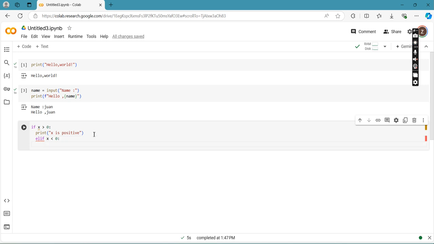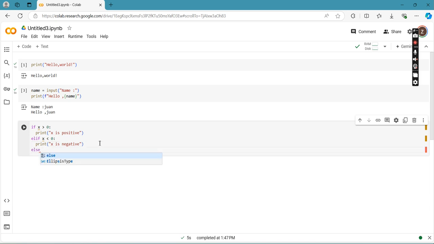Okay, then we're going to print x is negative. Okay, so again, let's try to follow our indentation to indicate the scope of the code.